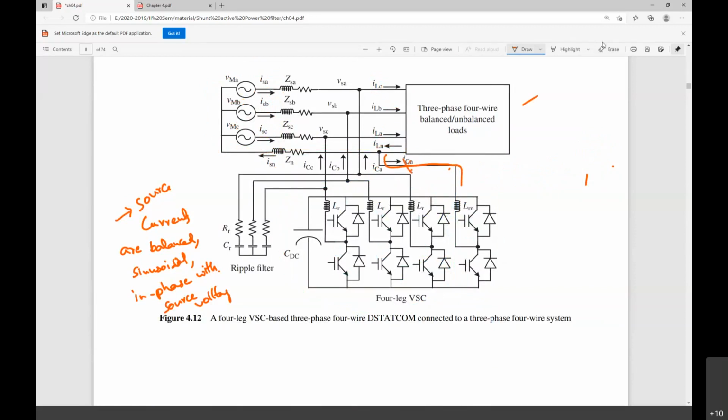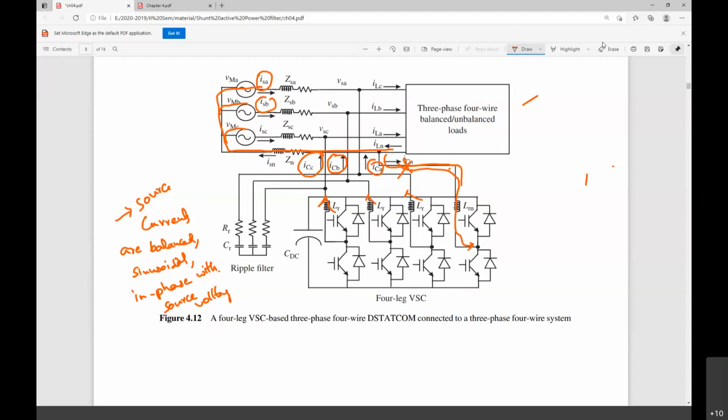If there is no neutral over here, what is going to happen? It is going to flow this way and have the path over either phase A, phase B or phase C. Here also the same thing: the neutral current is going to flow this way, and it is going to redistribute in the phases ICA, ICB and ICC. Instead of redistributing over the neutral current in this source, it is going to redistribute in the ICA, ICB and ICC this way.